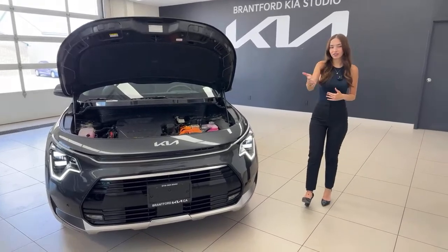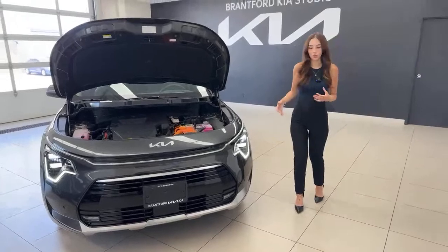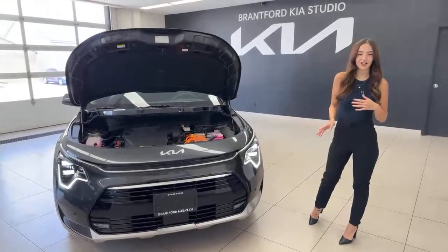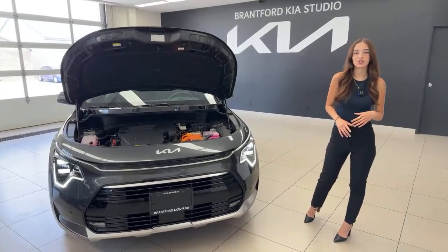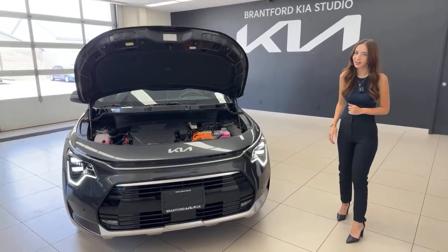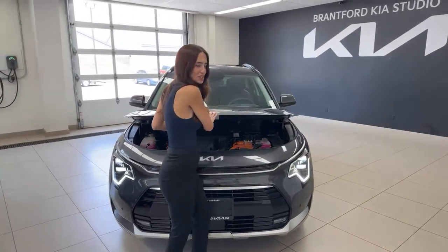You also have just avoidance, where if the car ahead of you slams on the brakes, your car will brake for you and warn you. It's a great feature to have, and then on top of that, it also works with your smart cruise control to slow you down to a complete stop and then take you right back up to speed once you guys start moving again. All right, let me close this up actually, because we'll talk about the windshield wipers and